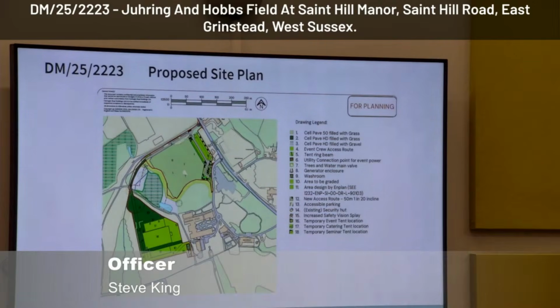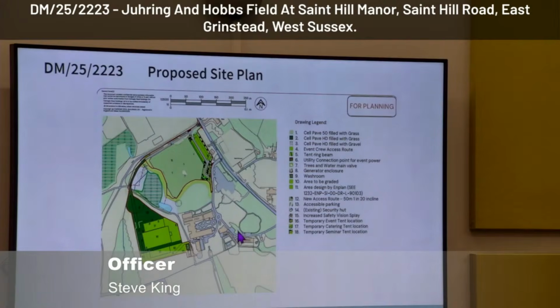When considering whether to grant a planning permission, we have to give special regard to the desirability of preserving the listed building in its setting, as that's in the legislation, and that's all in the report. So, as we saw in one of the other slides, that's the listed building there, and for the reasons that are set out in the report, we agree with the conservation officer